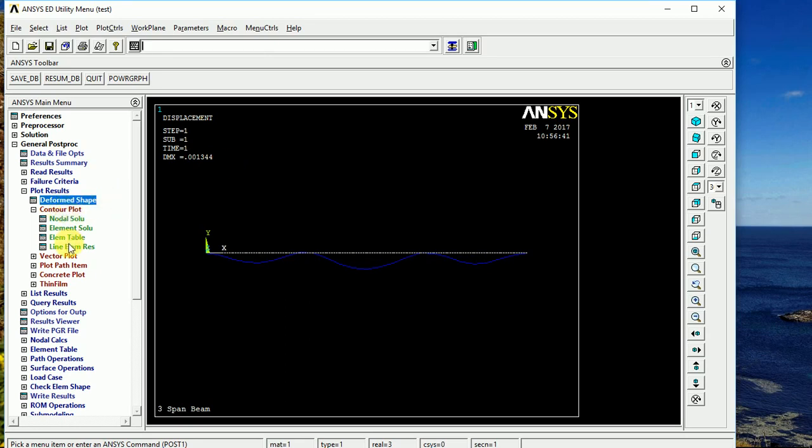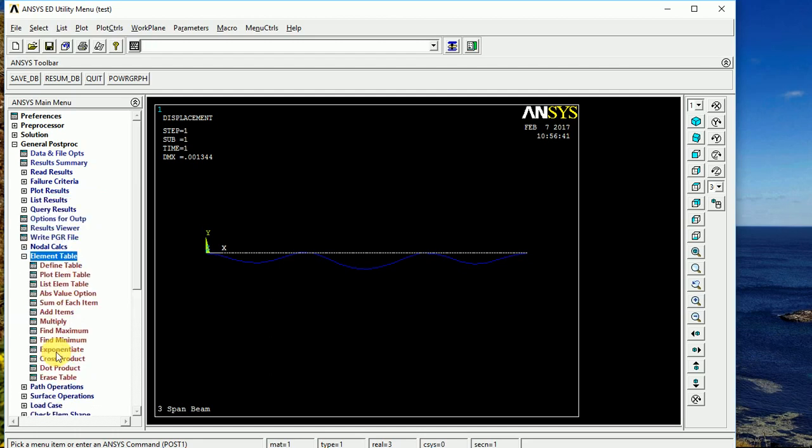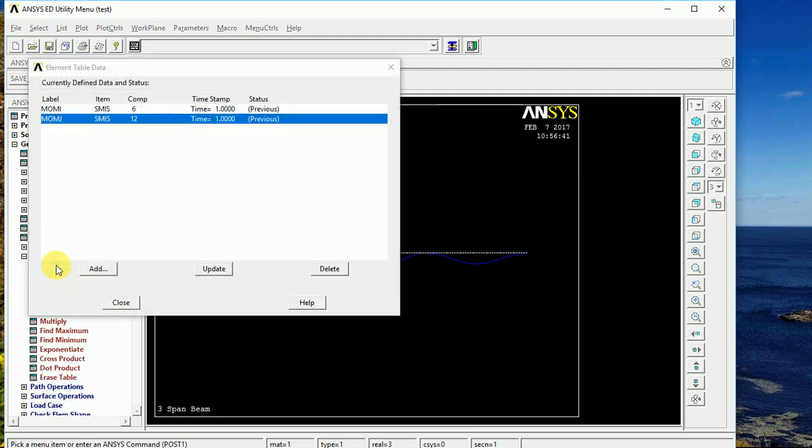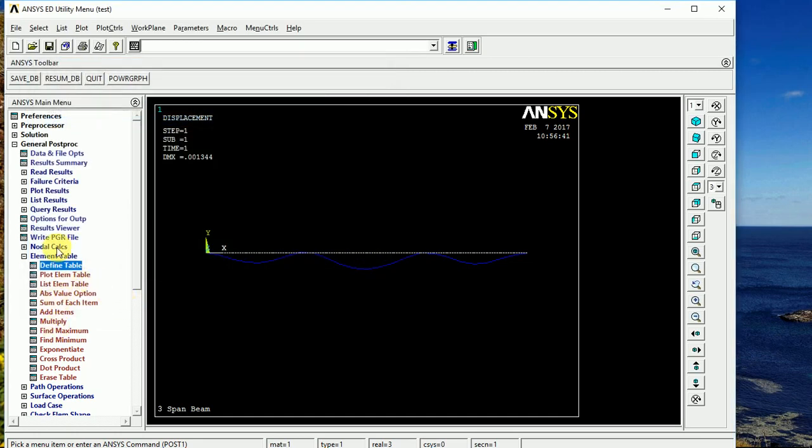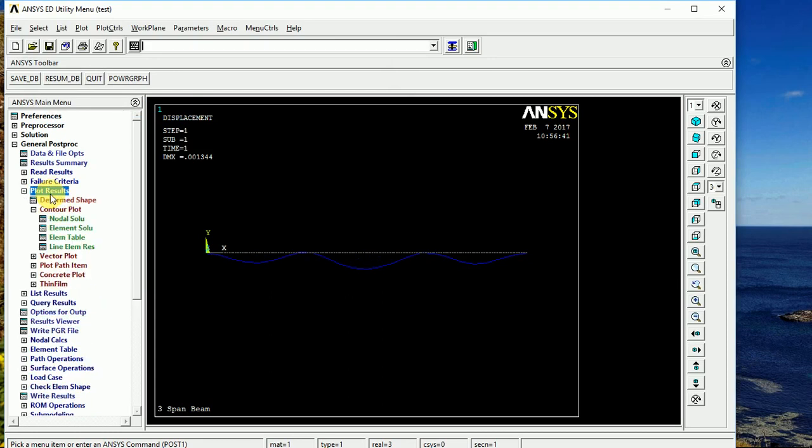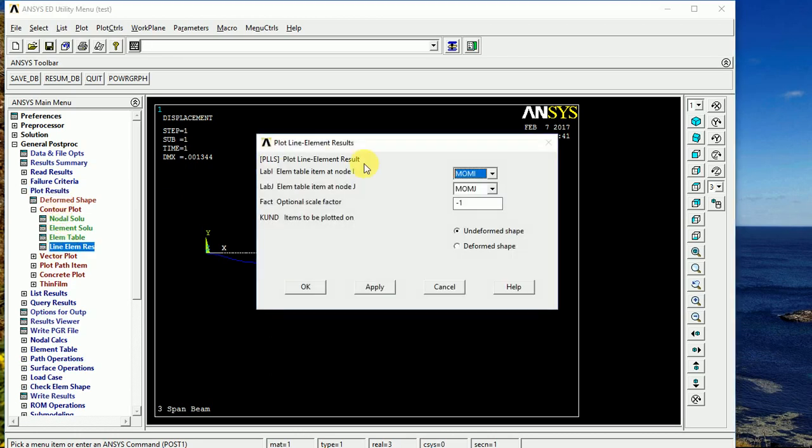Now, contour plots. So I want to plot that bending moment diagram. Before I do, I've got to go back into the element table and update it. So element table, define table, because look, I've got them already there. That's great, but they've still got in the table the previous analysis's data. So I've got to click on update and it becomes current. Close. Okay. So now what I do is I go up to plot results, contour plot, line element results, mom